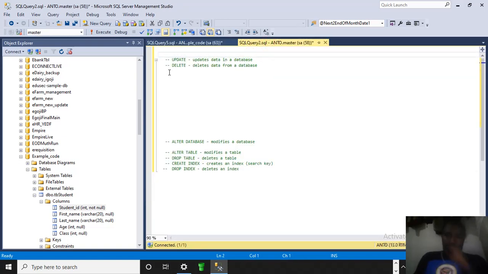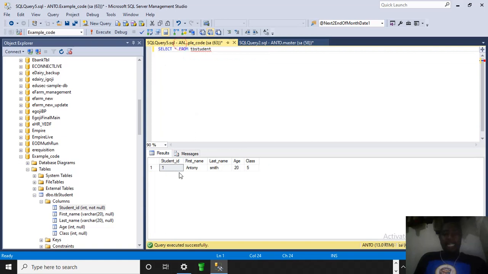Good. So the next thing we want to do is update this data, update this record. Updating is just modifying any of the items that are there. So let's say we made a mistake. For example, instead of Anthony Smith, it was supposed to be Anthony John, but we need to update that. So all you need to do is just come and say